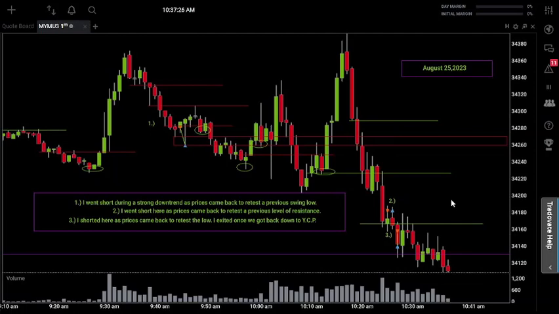So I feel like I made some good trades today, and overall, this is what I want to aim for when it comes to working my trading plan. Everything that I did today was perfectly aligned with my trading plan. I looked to go short during downtrends from major levels of resistance. There was not one time today that I shorted from lower prices and made that mistake, because I've been making that mistake for the past 2-3 weeks very consistently. So I think I did a good job of just being patient, and that's what it came down to.